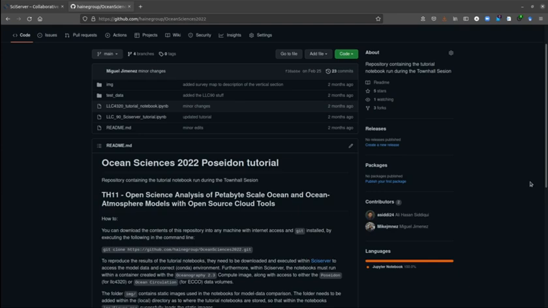Today we're going to be taking a look at how to access the LLC90 dataset, which is hosted on SciServer, and then also take a look at an example of how to use OceanSpy to carry out model data comparison with observations. So to get started, we need to make sure that we have our tutorial notebooks in the right